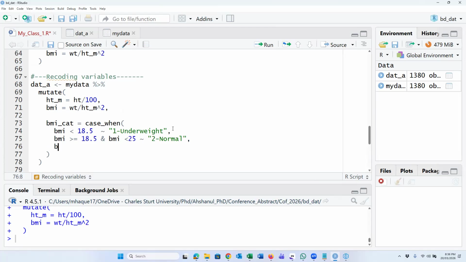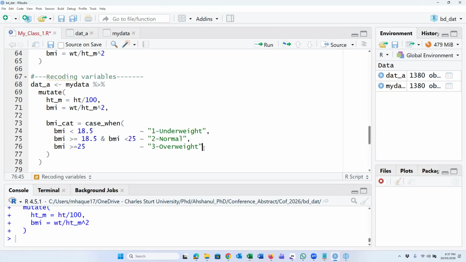And third, BMI greater or equal 25, then we call 3, overweight. So we can give any space, no problem.